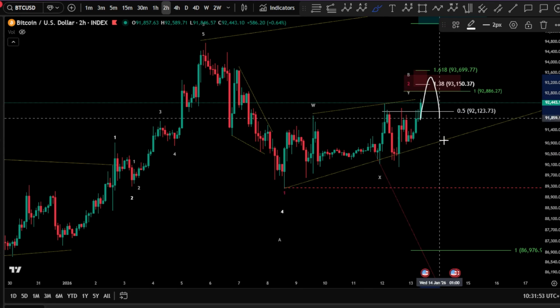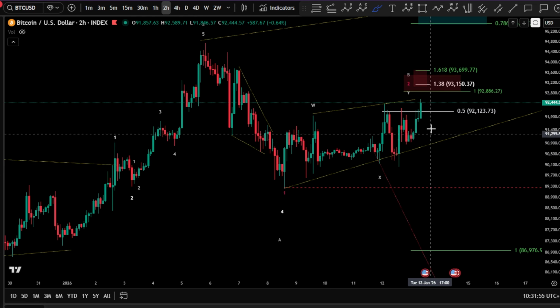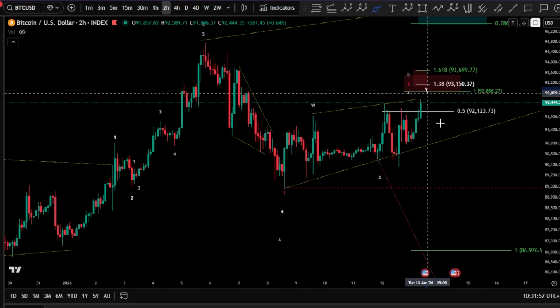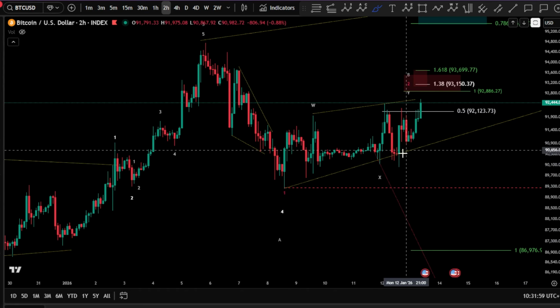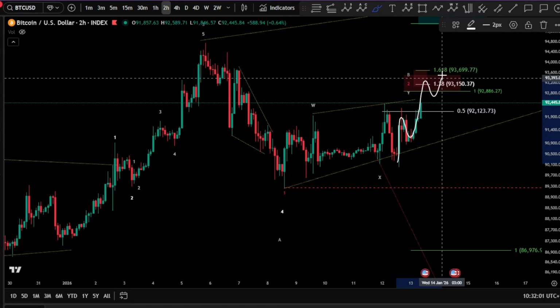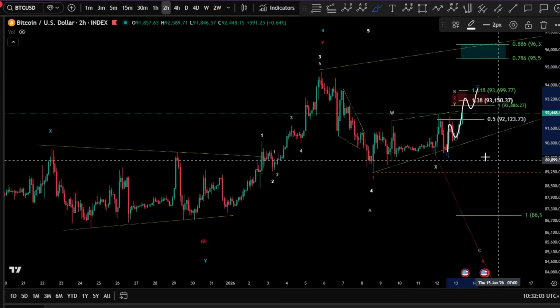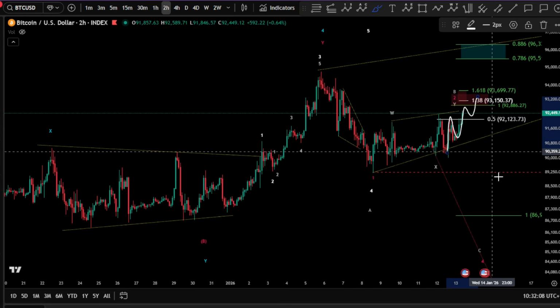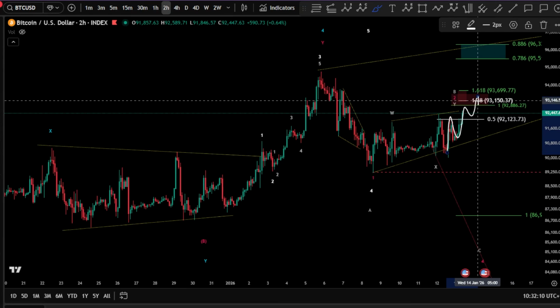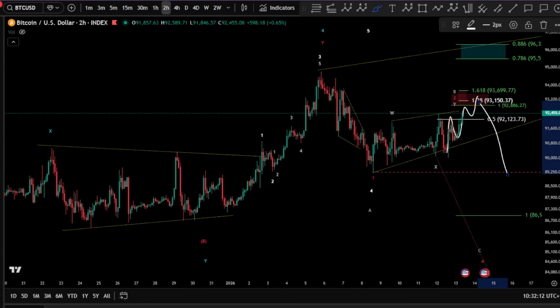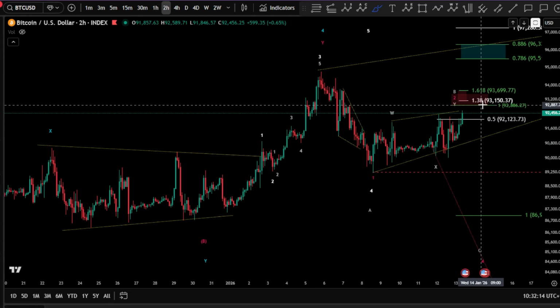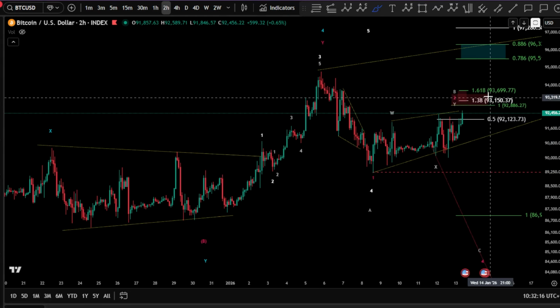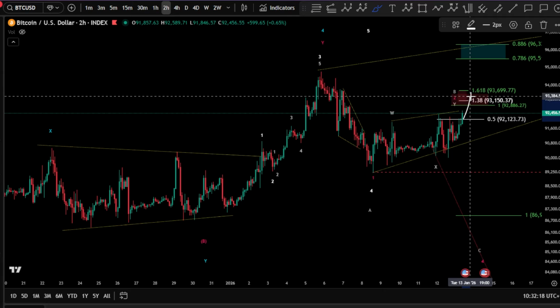And of course, if we drop down, we might see something pushing lower there, meaning the 1-to-1 fib level. But I'm looking here for 1, 2, 3, 4, 5, something like this, because this should be an ABC expanding flat. It can be an ending diagonal as well, and then pushing down. So basically today I'm looking for higher prices still. This is a minimum target that I'm looking for.